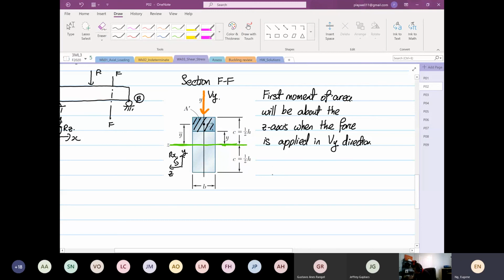Q, first moment of area about the z-axis, is equal to the area times y bar, the perpendicular distance from the z-axis. So this QZ over here signifies the first moment of area